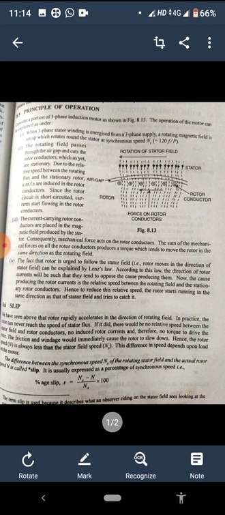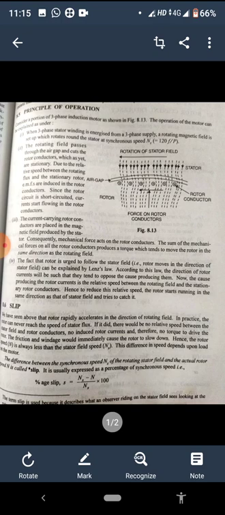After this, the flux will pass through the air gap and cut the rotor. Due to electromagnetic induction, an EMF is produced in the rotor winding, which is shown by the cross or plus sign. We know this from Fleming's right hand rule. If we apply it here, the flux is from upside to downside, and the rotation of the flux we assumed is anti-clockwise, so the direction of rotation of the current is clockwise.